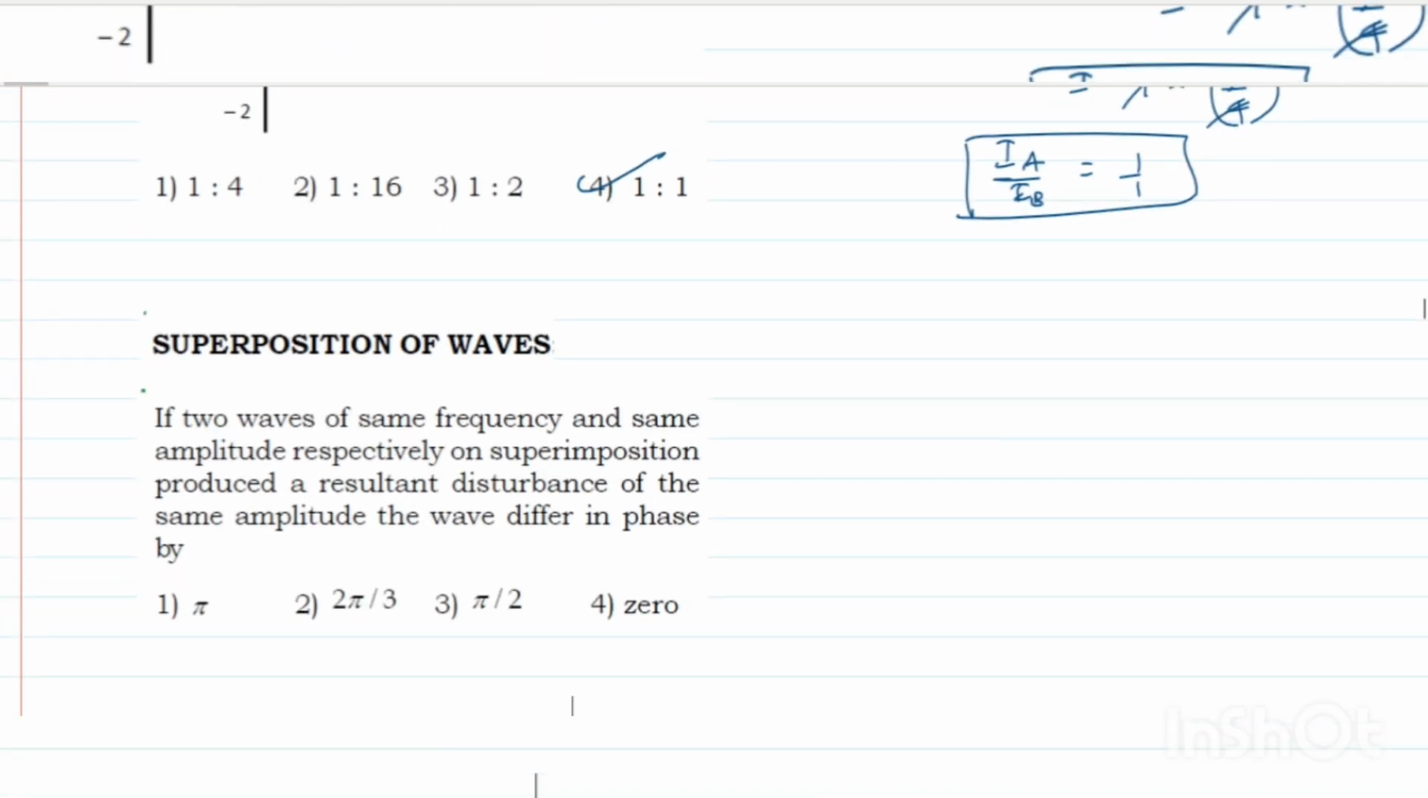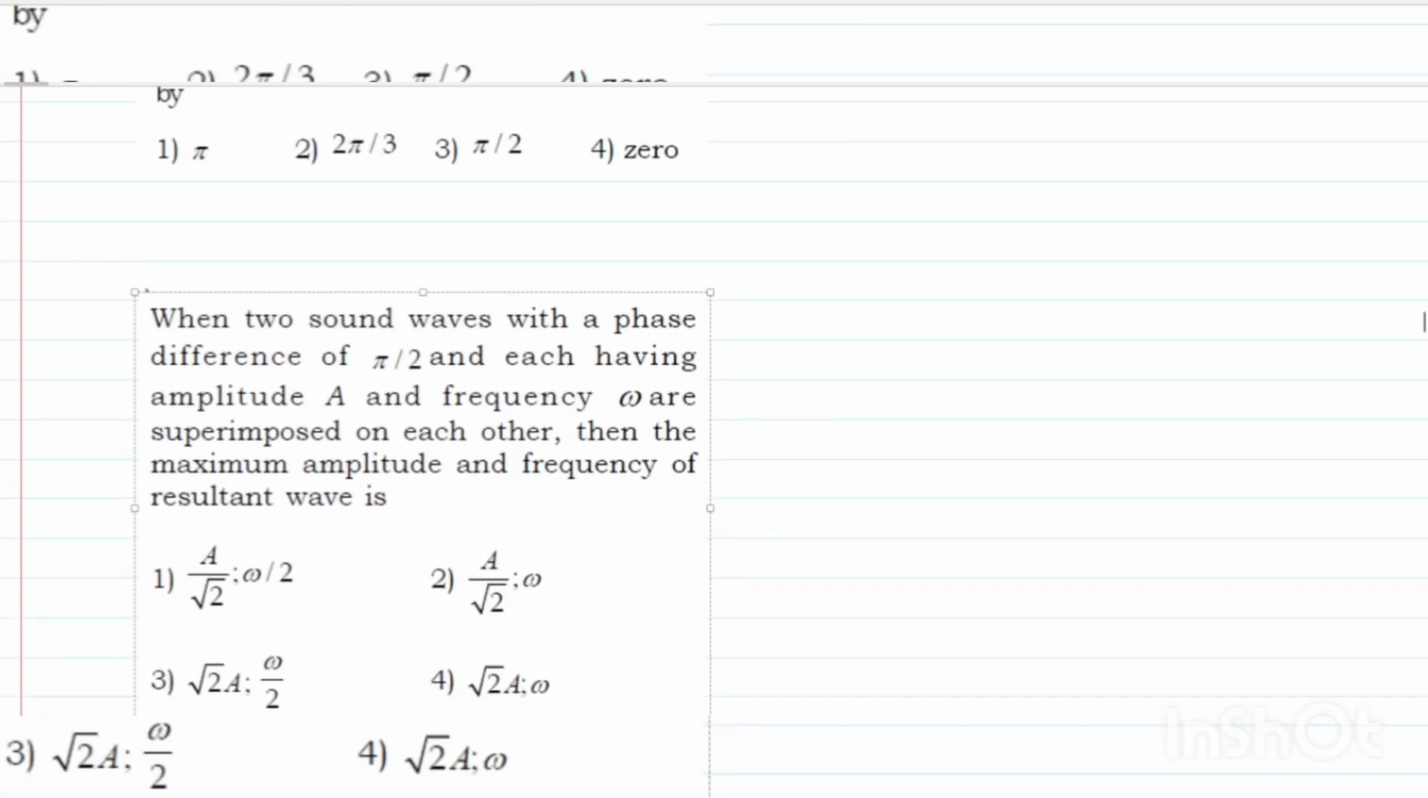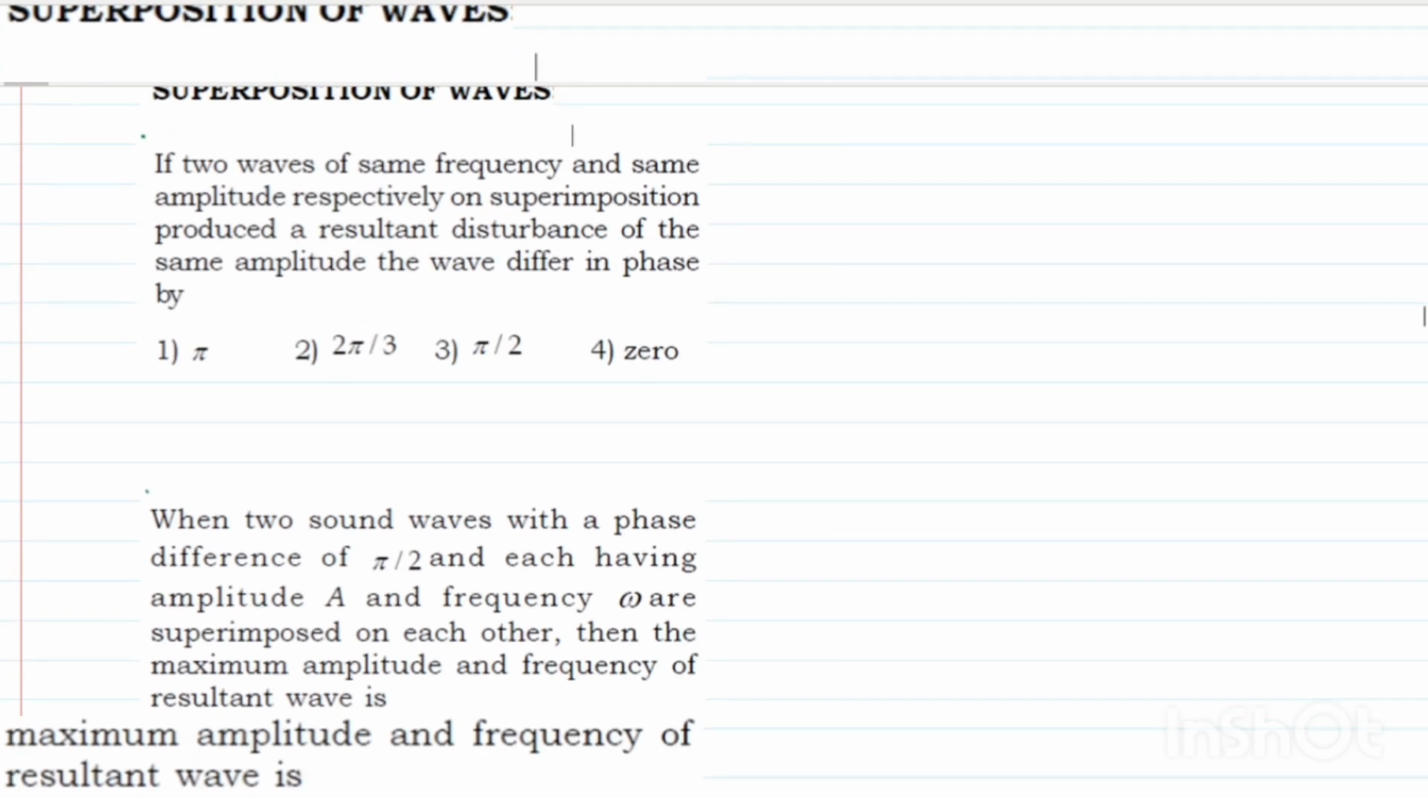So let us discuss the superposition of waves related questions, students. Here the first question says, if two waves of the same frequency and the same amplitude are superimposing and produce a resultant disturbance of the same amplitude, the waves differ in phase by what? Two waves of same frequency and same amplitude are superimposing, producing the resultant disturbance of same